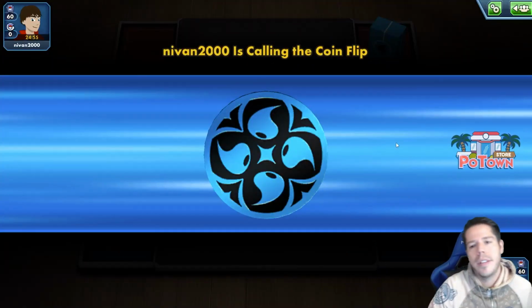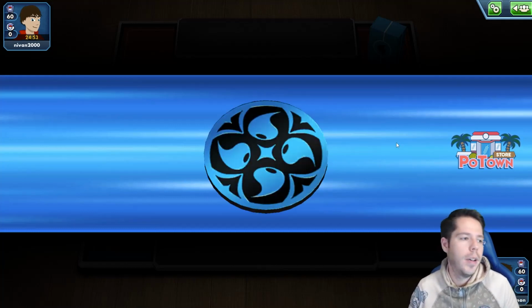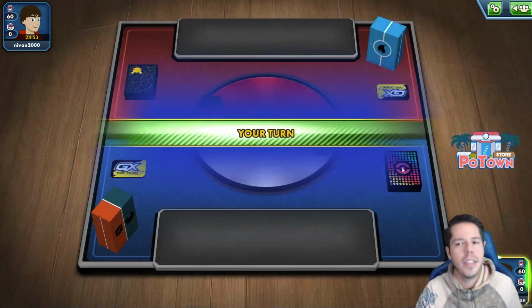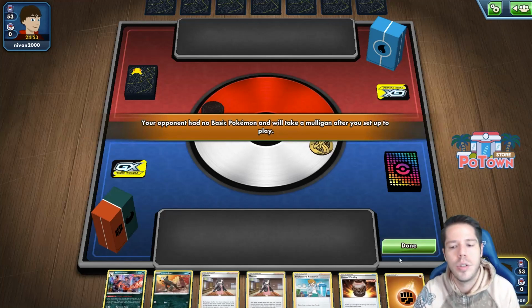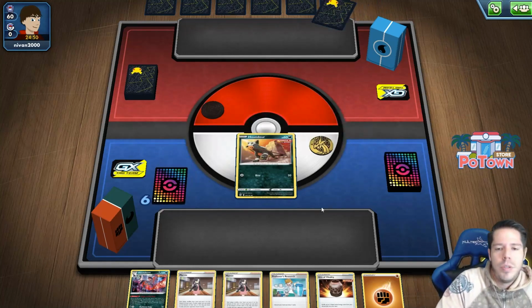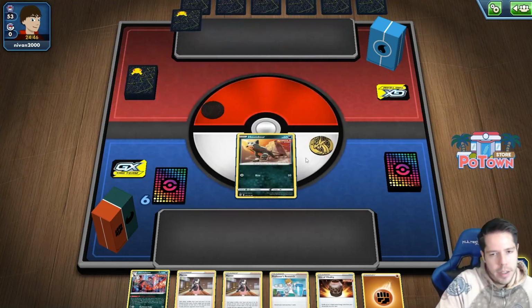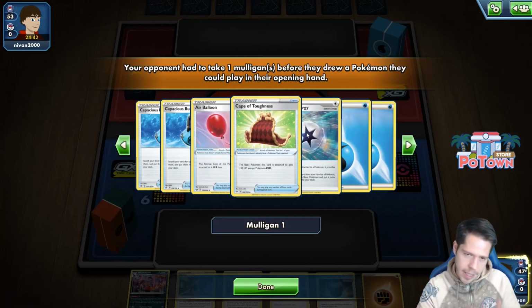Alright, we are up against a presumed water deck now, though my opponent could be trying to be sneaky, right? And they're playing something like Inteleon Jolteon, and they're not actually playing a water deck. They're just choosing that water deck box. We have a very similar hand to what we had before with the 3 supporters in hand. Thankfully I didn't start Crobat, I started Houndour. And we're getting at least a mulligan. And this is probably Suicune,